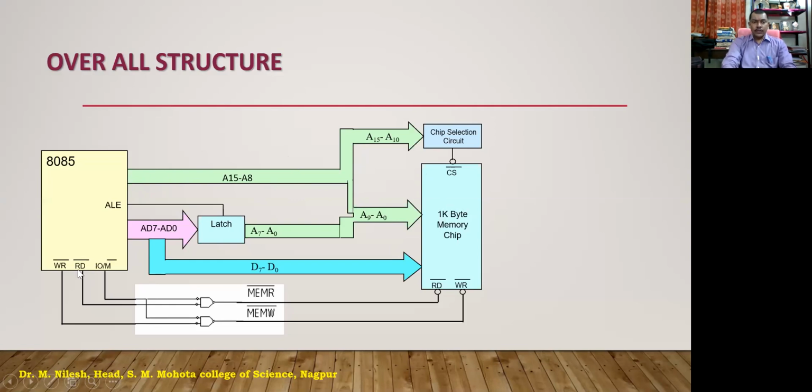And again, if you are able to see here, read, write bar, input output memory bar, these are all the control signals. So these are going to be controlled by the timing and control unit, and these are going to communicate with the memory. So now memory is going to work when the microprocessor sends the instructions, that the instruction is something which is related to the memory. So whenever I say ADD M, the microprocessor itself communicates with the memory by using these read, write, or input output memory bar lines. So these are generated by the timing and control unit.